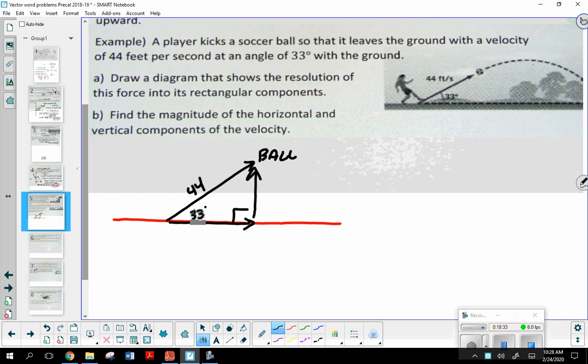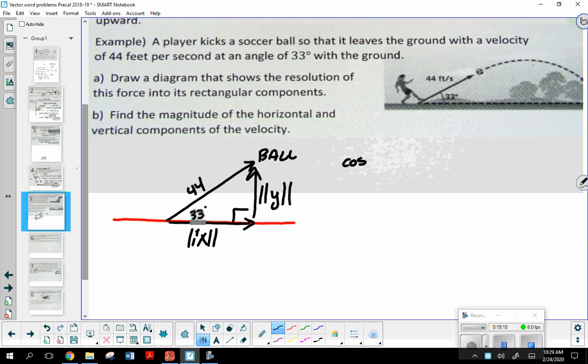Well, I want to go ahead and find the speed that the ball is moving both horizontally and vertically. So 44 is the speed, the magnitude of the original ball. So if I use that, it's going to help me to figure out the magnitude of both those vectors. Is everybody okay with that? And this just goes back to good old right triangle trigonometry. One of the first things we did when we got into this unit. Okay, how can I find the horizontal magnitude, the speed of the ball horizontally? What trig function is going to help me? Cosine. That's exactly right.